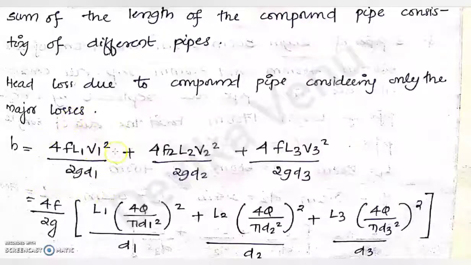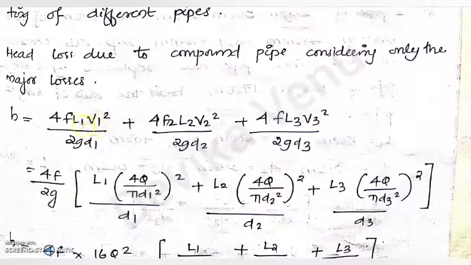So head loss due to friction for the first one, second one, and third one. So this is H is equal to so and so. Okay, and instead of V1 I am substituting in terms of Q. All the other terms are the same, but instead of V1 I have substituted Q by A1. You know that if D1 is the diameter, A1 will be pi D1 square by 4. So that is 4Q by pi D1 square. I hope this is clear to you. And again the same for V2: Q by A2, where A2 is pi D2 square by 4. Like this, and again the same for V3.